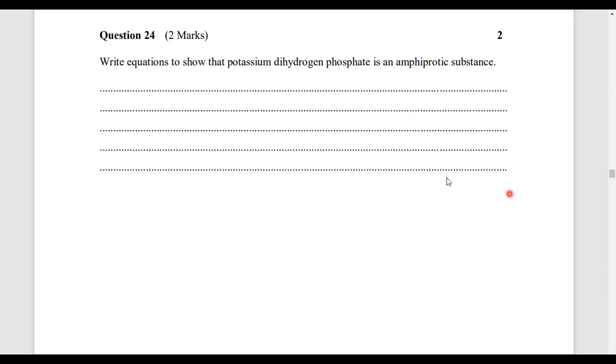Now, while the question itself is quite straightforward, we might just want to make sure we understand what this is saying. Amphiprotic means that it can either donate or accept an H+, right? Protic for proton. Amphi, so either or, like, both, right? So you want to write equations to show potassium dihydrogen phosphate. Now, the thing with potassium dihydrogen phosphate,